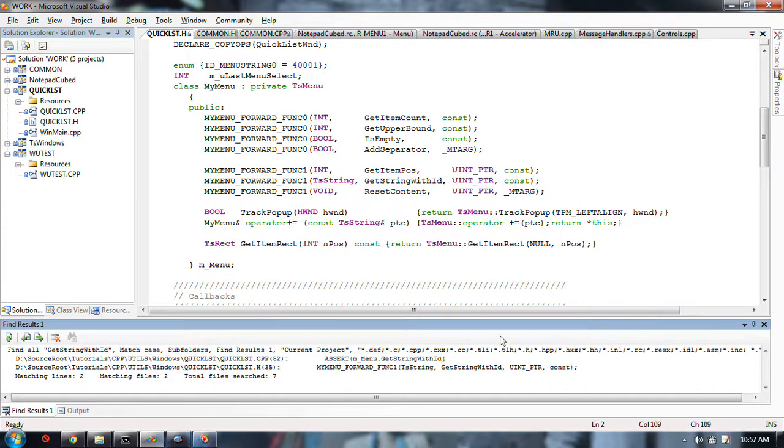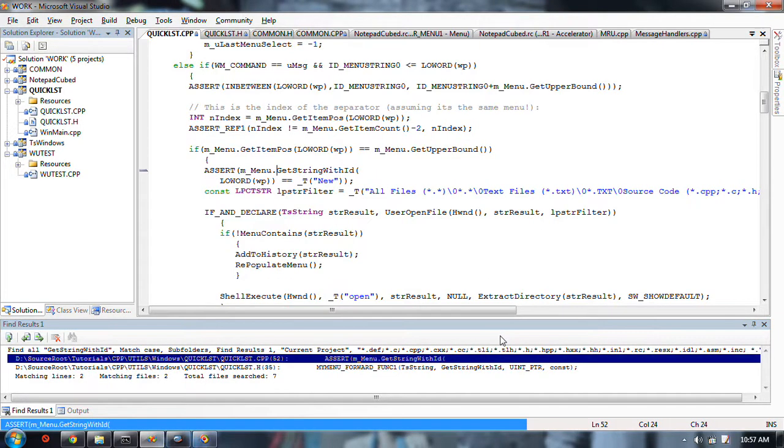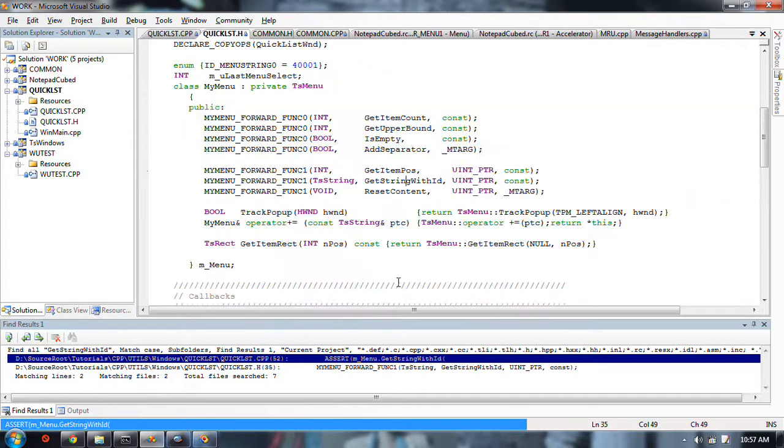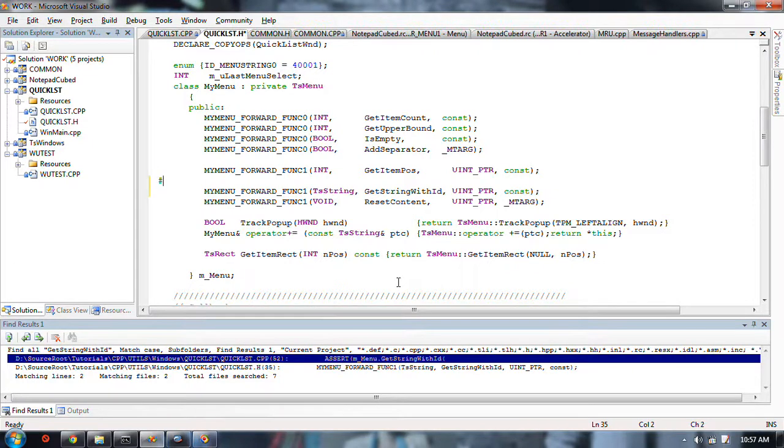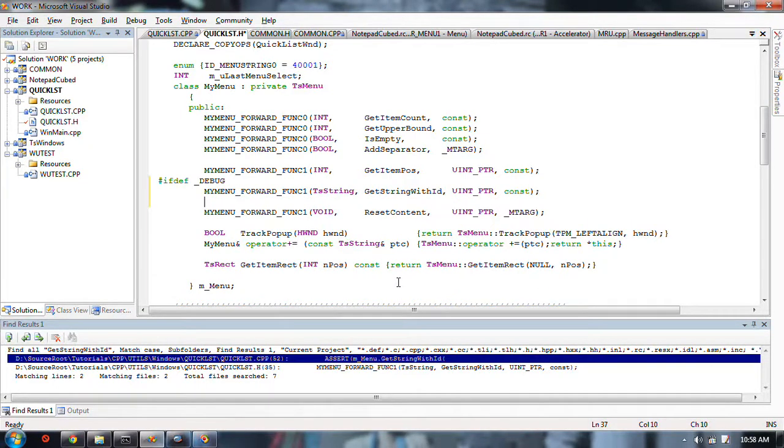I should just change this code that uses that. Oh, I see. It's just for an assertion. So that should be okay. That's fine. If it's just an assertion, that's okay. You can allow it in debug mode.